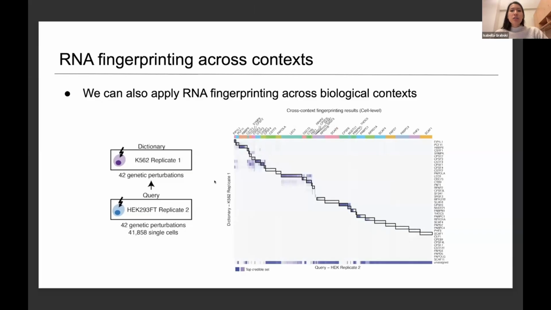Nevertheless, considering our results across all perturbations, you can see we overall recover quite a bit of structure. We do find much more uncertainty in some cases, and there are some perturbations which are so different between these two cell types that we end up not finding any match at all. But when there is at least some common signal, we're able to drive a match even across these disparate biological contexts.